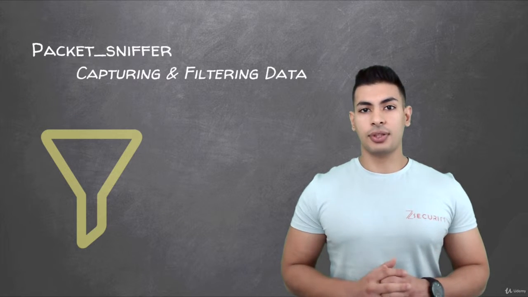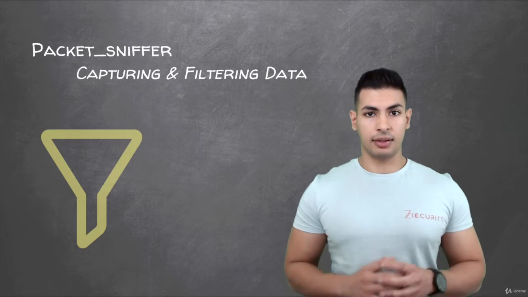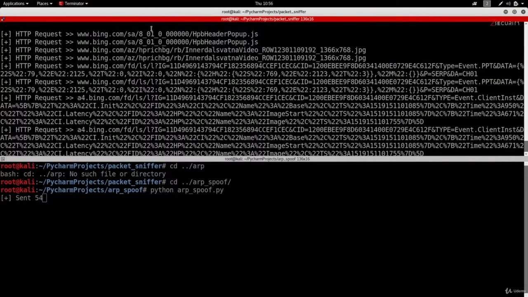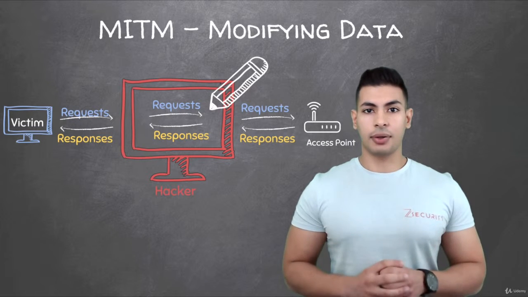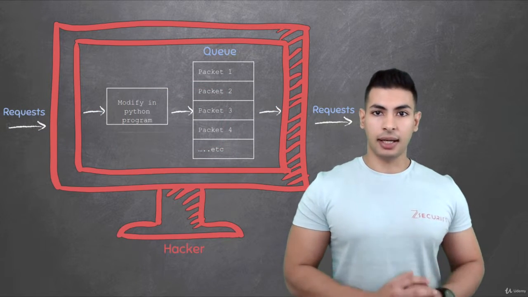So you're going to learn how to sniff data sent or received by any computer connected to the same network as us. This means we'll be able to see visited websites, login information, passwords, and pretty much everything they do on the internet. You'll also learn how to analyze data sent in the different layers in each packet and how